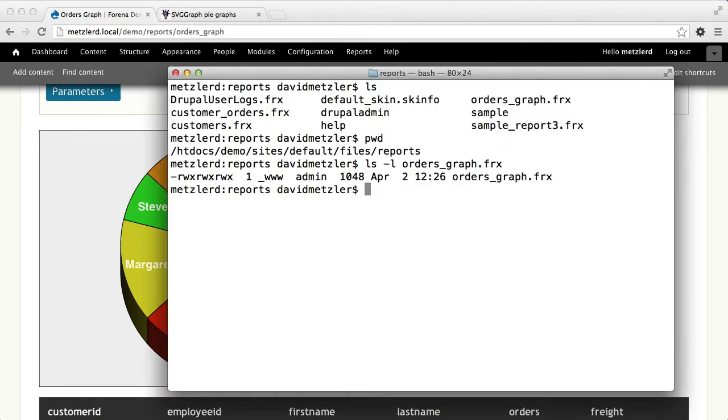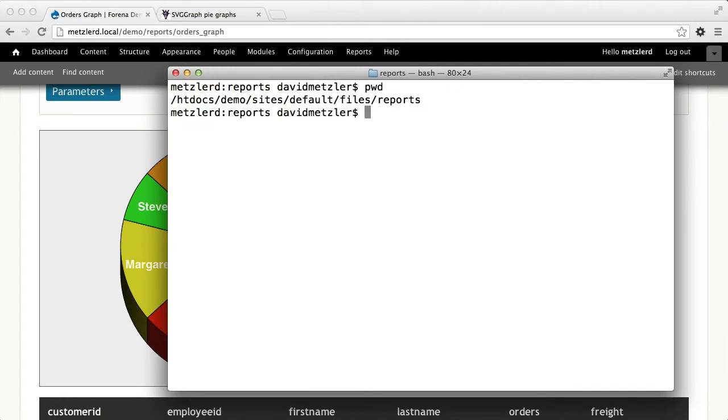If you'll recall, our reports are stored in our site's default files reports folder of our Drupal site. That's where we configured them to be. And there's one thing that I want to warn you about: when you are switching back and forth between creating reports within the templating system that's provided with Forena and then editing the FRX files directly, sometimes permissions can be a little bit